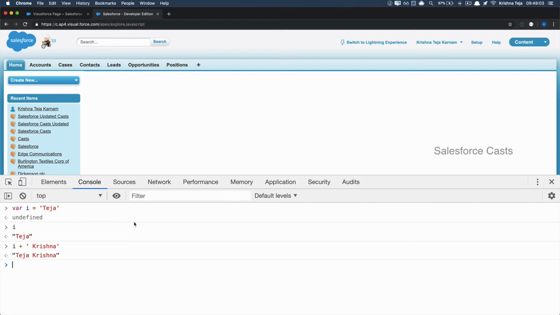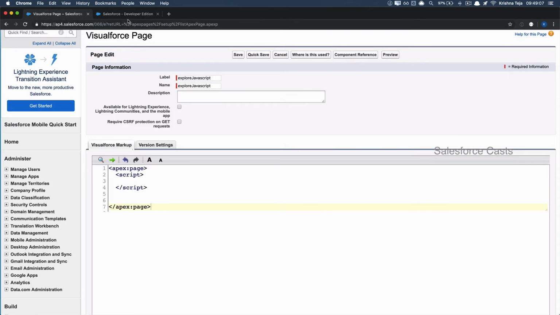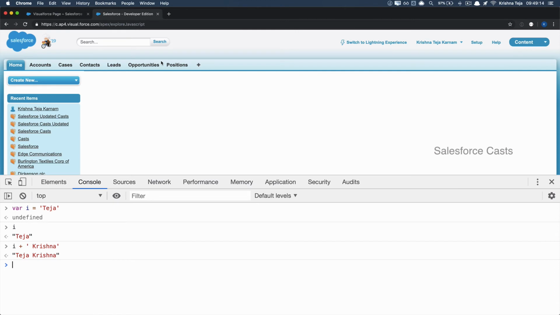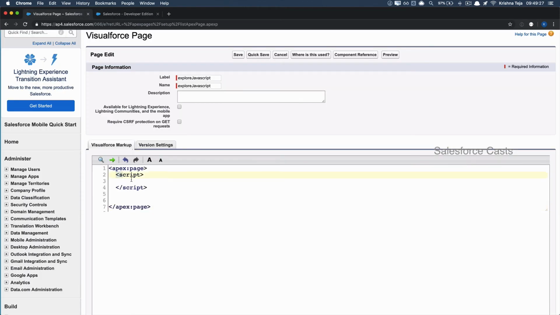Also, it is not a mandate that you have to put your JavaScript code within this Visualforce page and see the output in the preview page. You might as well create a normal HTML page, put it on your desktop, and in that HTML page, you can put basic head and body tags, and within the head tags, you can put script tags, and you can put all the code that we'll be putting within the script tags in that HTML page, and you can preview the HTML page in your browser. Even that is going to work absolutely fine.